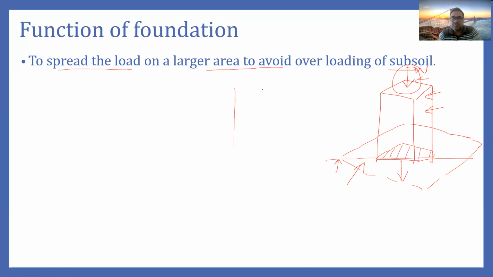And that is why you will see that above, the cross section or thickness of the building element may be less, but when it comes to the ground, suppose this is the ground, so this area or this width increases. So now you can see this is the width on the building, say this is capital B, and this is the width or thickness of the element. So in this case, B is greater than small b. Why? Because we are supposed to transfer the load on the larger area.